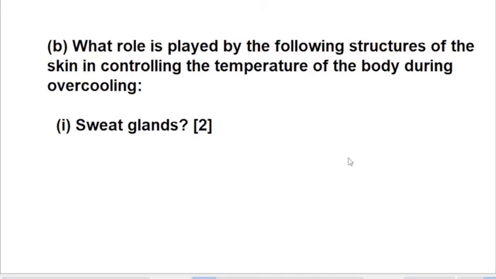So when it is cold, the sweat glands become inactive. The reason is to minimize or reduce the loss of heat which can occur through sweating. No wonder when it is very hot, we tend to sweat a lot because we want to release some water outside the skin so that we can feel cold. But when it is cold, the sweat glands become inactive, or less active, so that they minimize the loss of heat which occurs through sweating. That is the role of the sweat glands in controlling the temperature of the body during